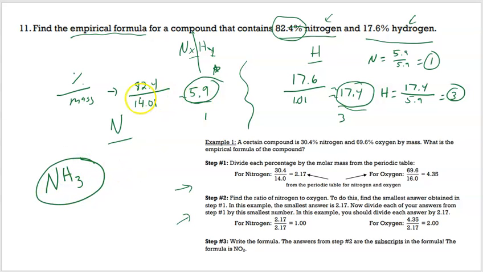Again, you take the percent composition of the element divided by the mass of the element, which gives you a number. Do the same thing for the other elements in the compound. Those are the numbers. You divide these numbers by the smallest, and that'll get us close to a whole number ratio, 1 to 3 in this case. 1 nitrogen for every 3 hydrogens. That is our empirical